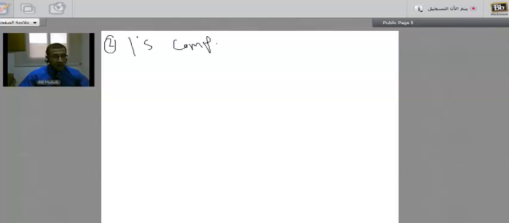For short we put a comp with a dot. That's short for complement. Now let's have a look at the complement. The rule of the ones complement is that all zeros